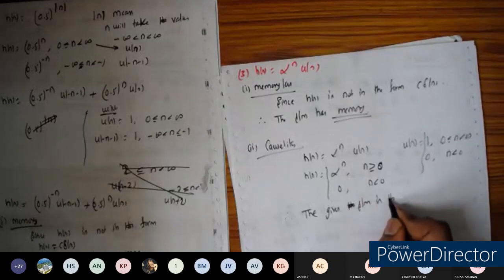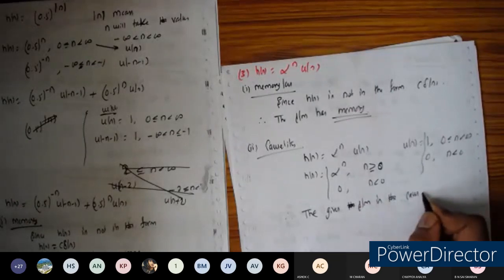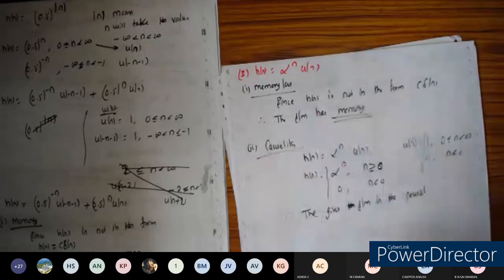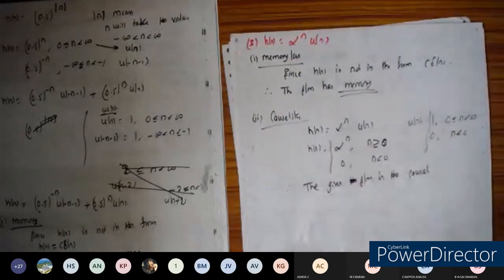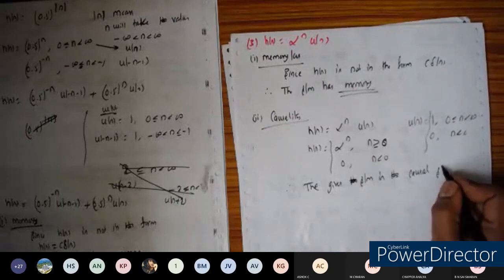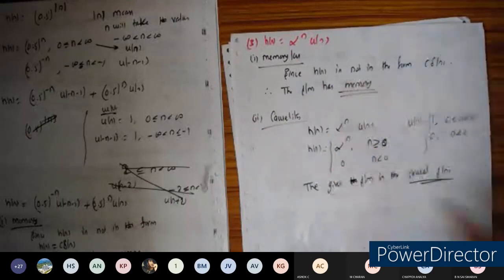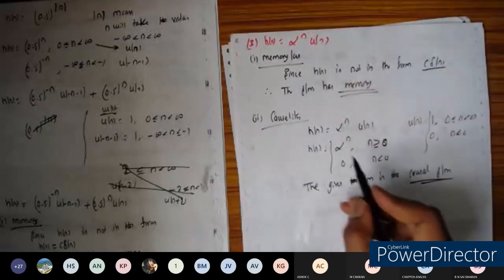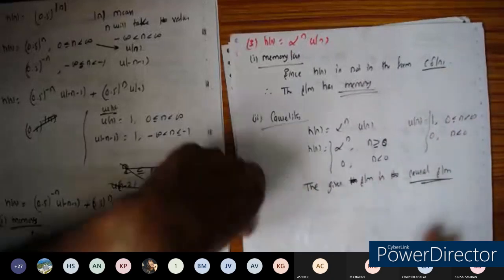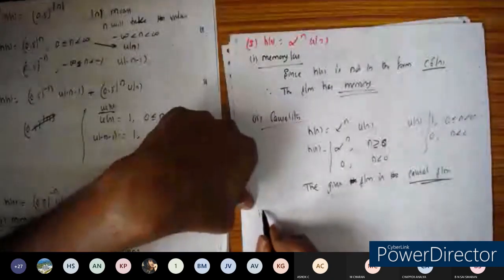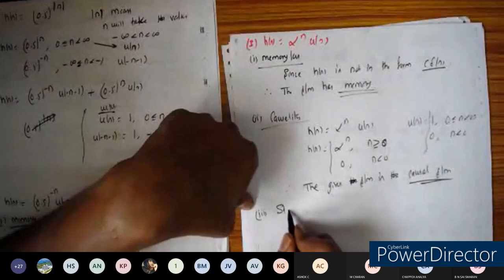If any doubts, you can ask me now itself because easily you can score. So some 3 marks for each and every property you can score here. Just you need to remember this one, C into delta of n. So this is the concept. And for the stability, you have to remember the formula. That's it here.